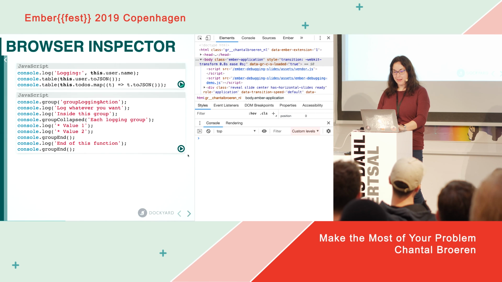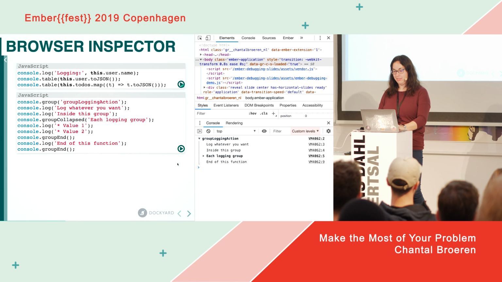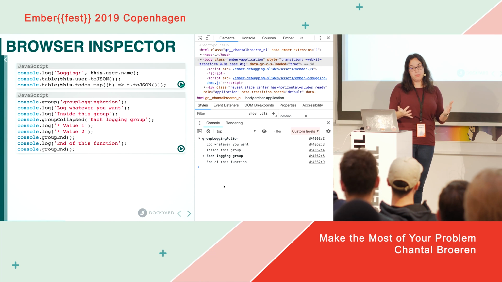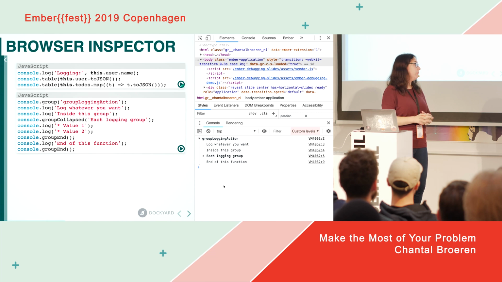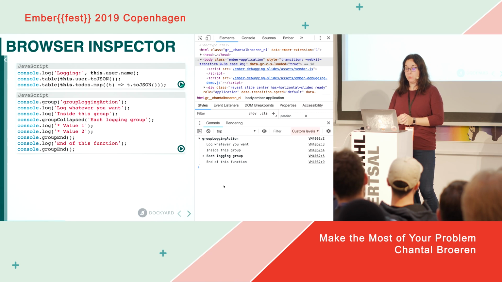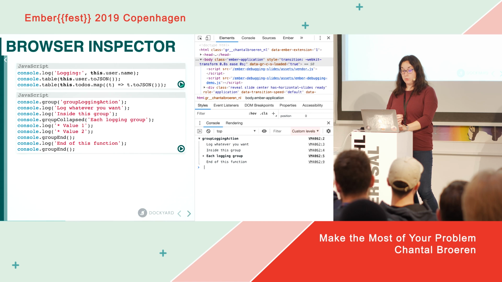I will run this example, and then you see what happens. It will have the group name, for example. You can run it without a group name, but it will make more sense to have the group name. And it will be bold, so it will be really easy to see. And you even have, like you see, the group collapsed,